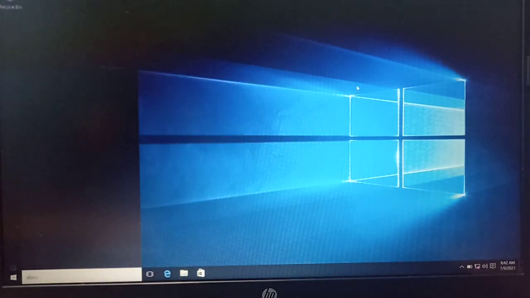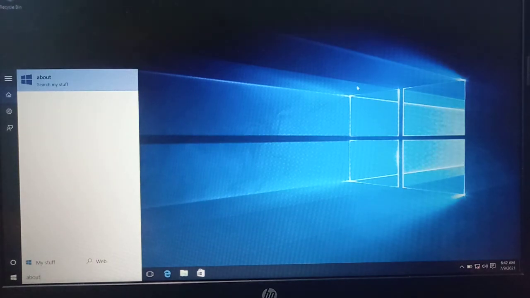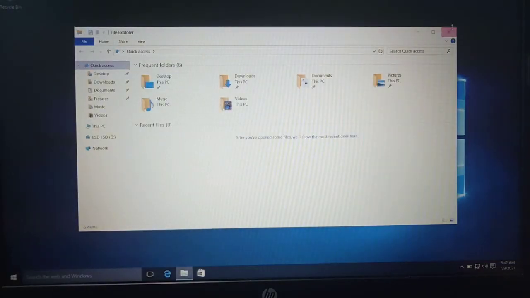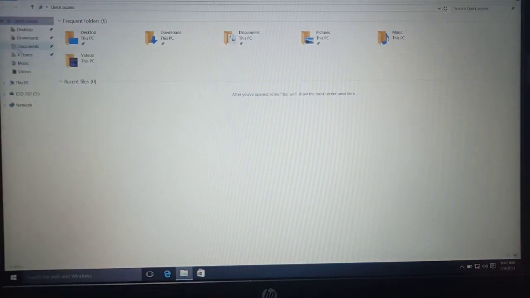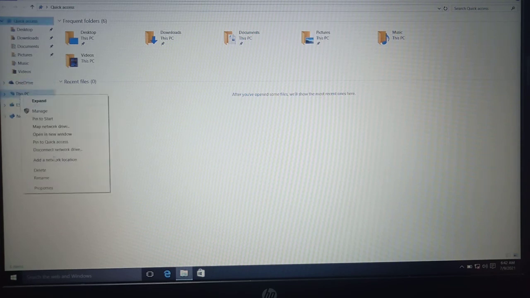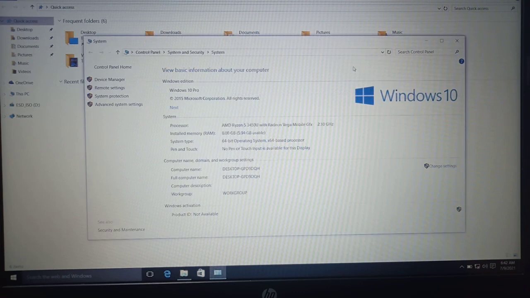So let's check about our system. So just see our system configuration from here. This PC, just see the properties for this PC.